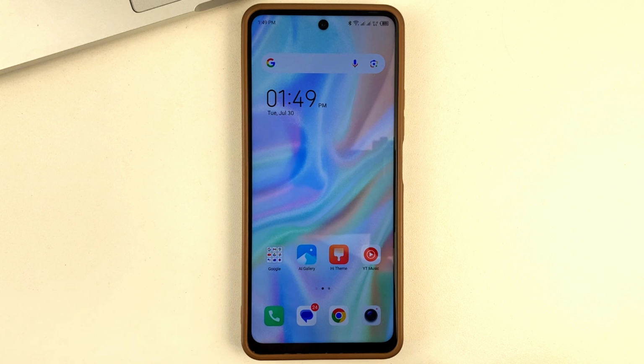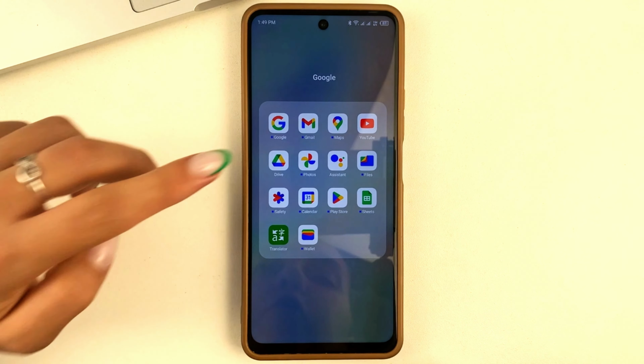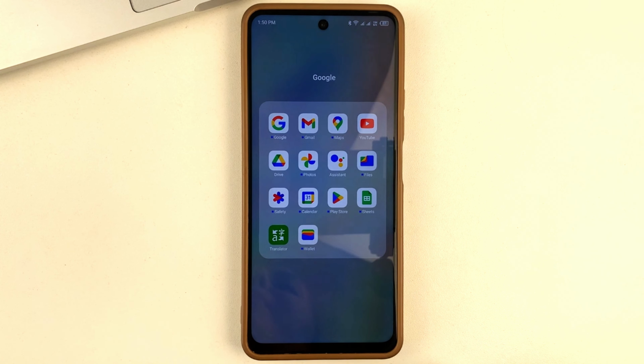So, in order to transfer photos from an Android device to an iPhone, in principle, there are several options. But today, I'm going to show you the most practical and convenient option that I usually use myself. For this, friends, you will need the Google Drive application. Basically, it is automatically available on absolutely all Android devices, so you can easily find this app. But if for some reason you can't find it, then you will have to go to the Play Store.